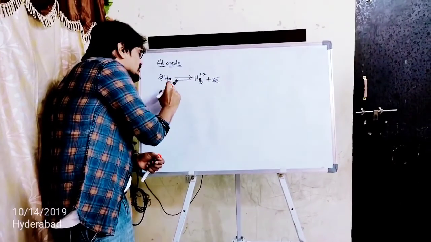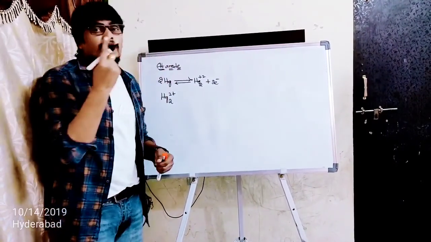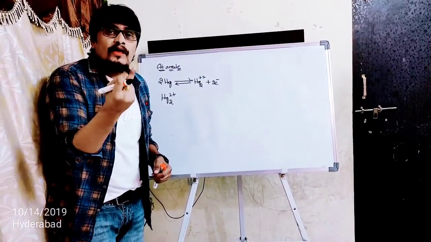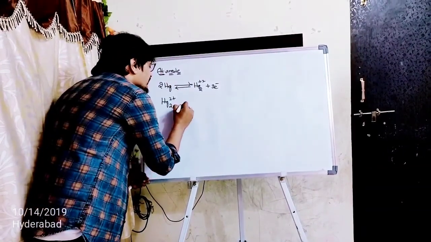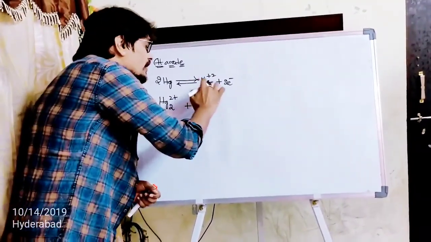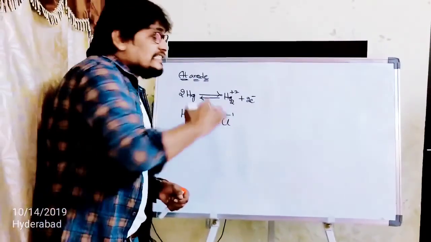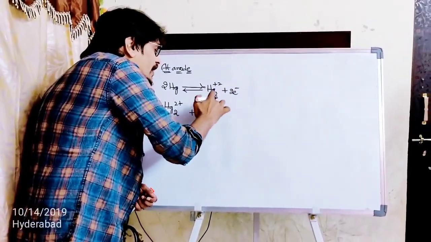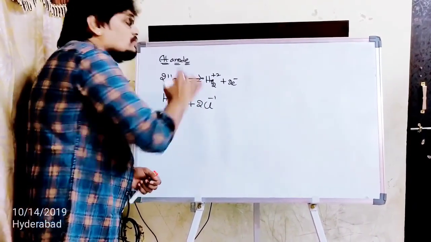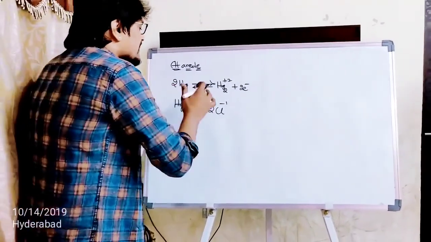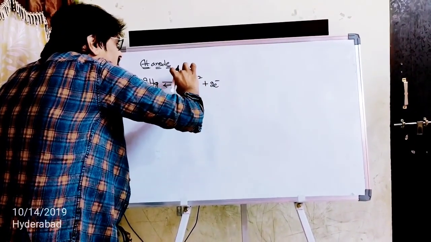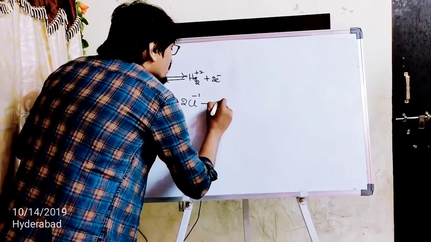But here, there is a need to stabilize 2+ ions, and we have only Cl minus 1, right? Now, what do we need to do? It will react with 2 Cl minus ions, because it won't be in the minus 2 form. Since it won't be in the minus 2 form, each chloride ion neutralizes each positive charge of Hg2 2+. So this is the next step: the stabilization of the ionic species formed in the first step at the anode results in the formation of